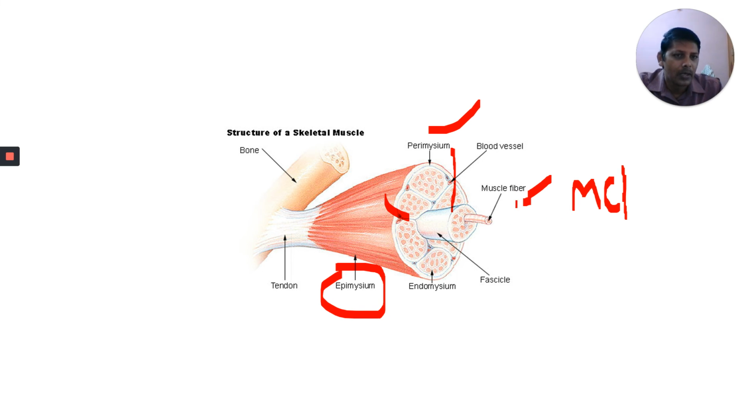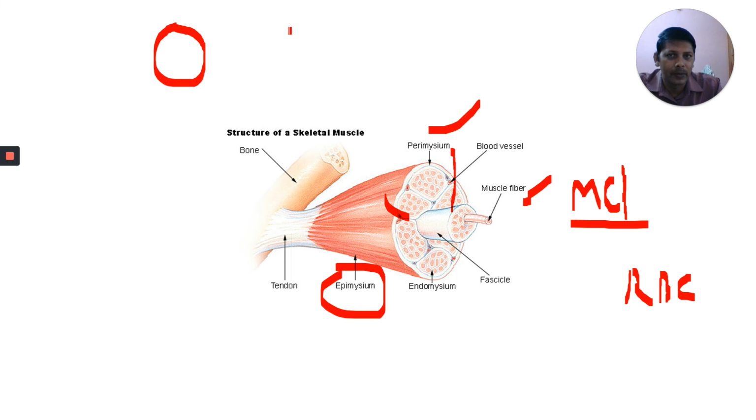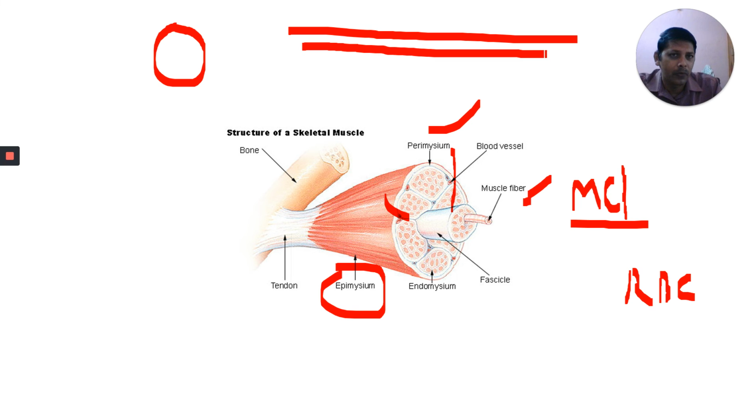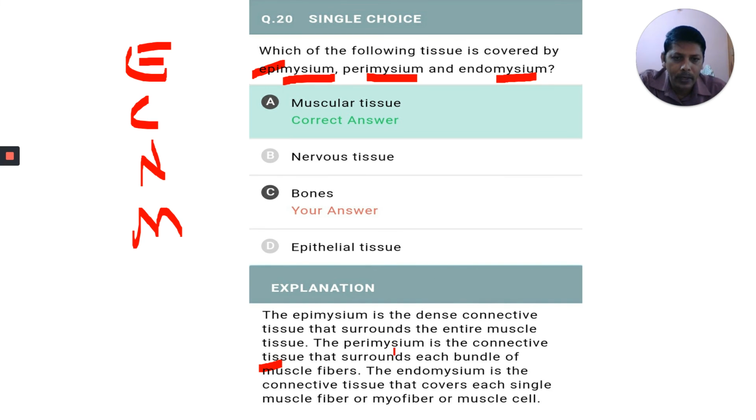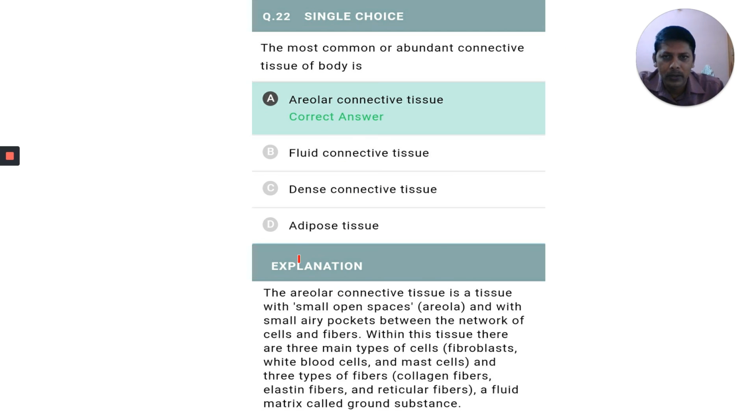So many students get confused here about myofibril and muscle fiber. Why don't we call it a muscle cell? Why do we call it a muscle fiber? We call RBC a red blood cell, but we don't call the muscle cell a muscle cell. We call it a muscle fiber because a red blood cell is round like this, but this cell is long and like a fiber. That's why we call the muscle cell a muscle fiber. Like that you can see the remaining two points also here.